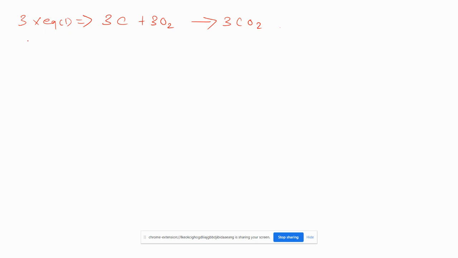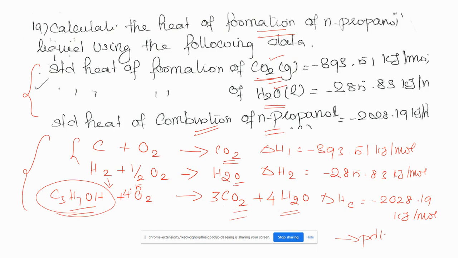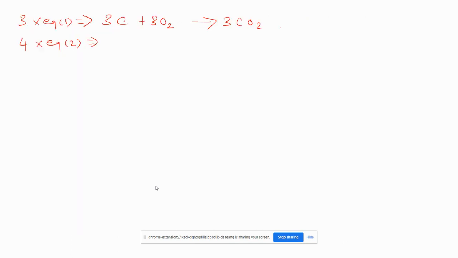And the next is you want 4H2O. So 4 into equation 2. Okay, so you name it, this is equation 1, this is equation 2, and this is equation 3. Remember, we are going to modify and solve the equations in such a way that N-propanol should come in the product side, and we should cancel all the maximum possibilities. Okay. So now 4 into equation 2 will give you